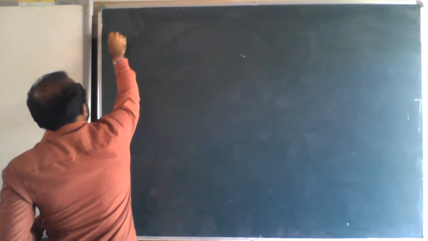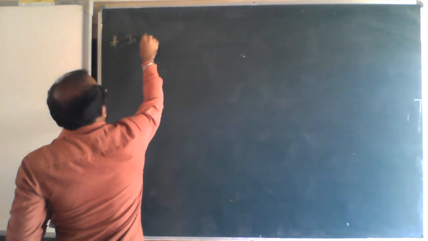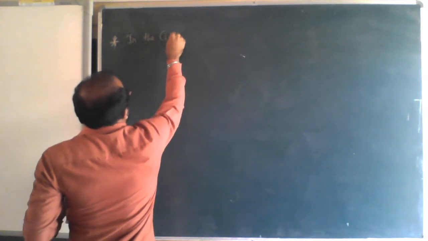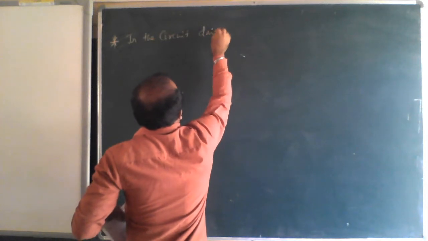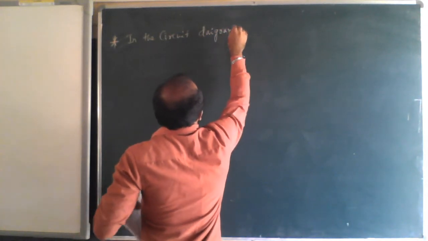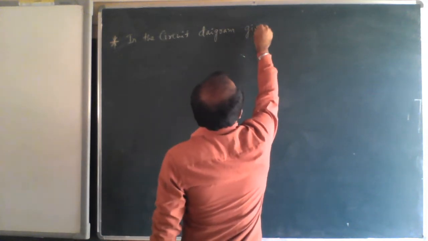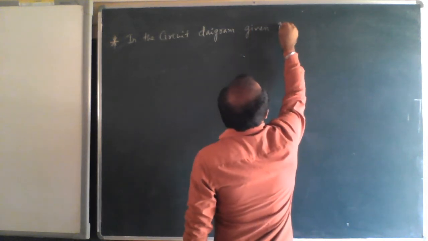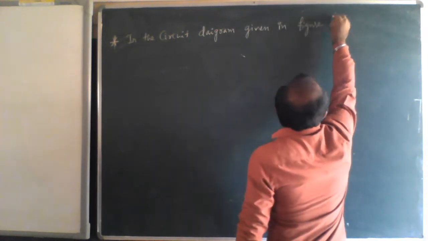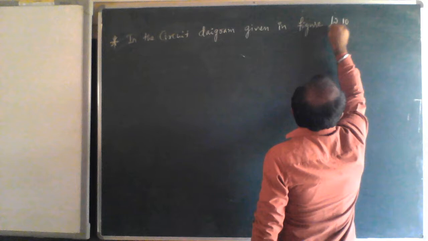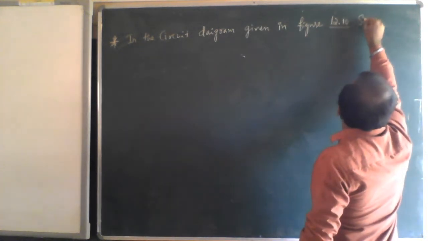Problem, this one is number you can put in the circuit diagram. In the circuit diagram given in figure 12.10. Suppose the resistors are